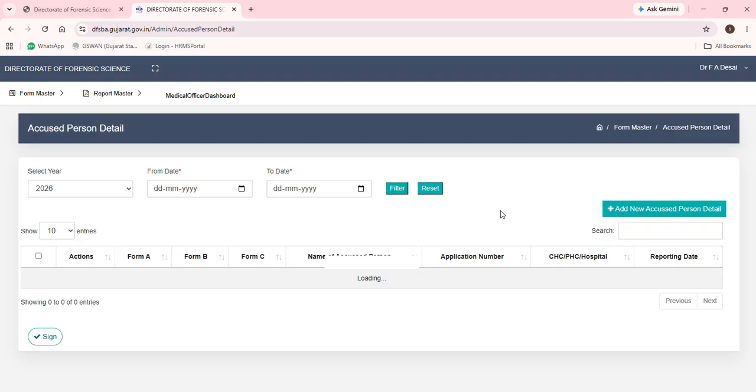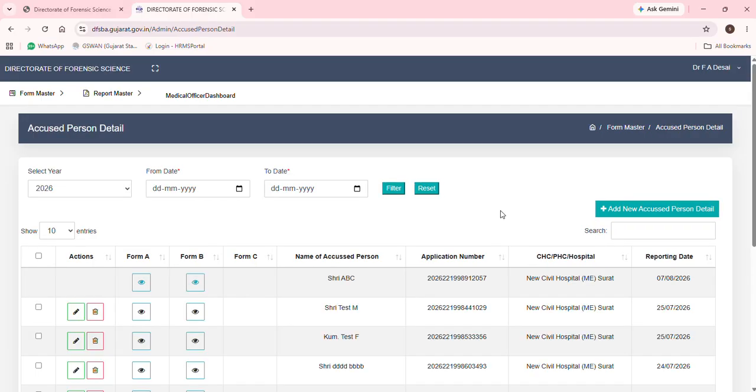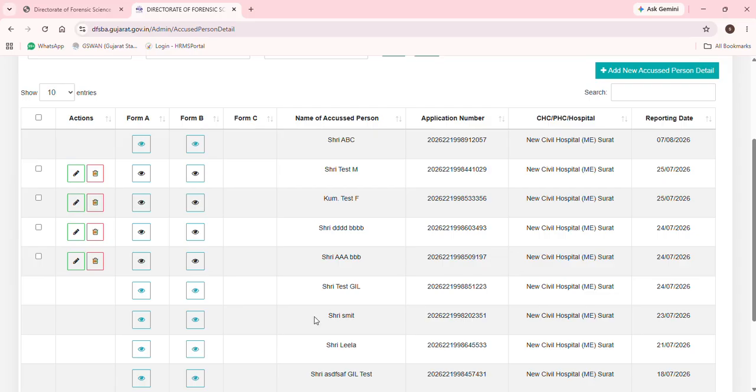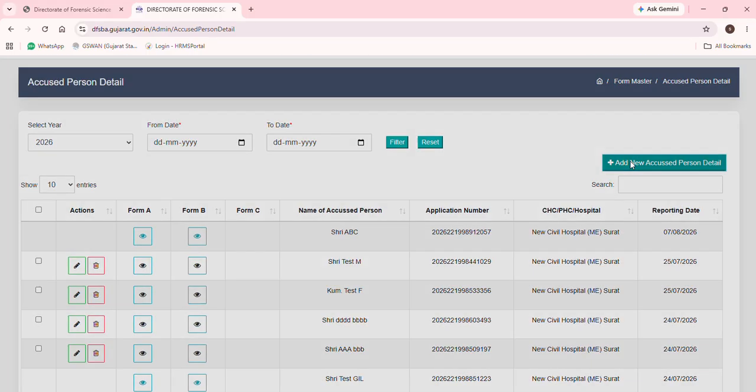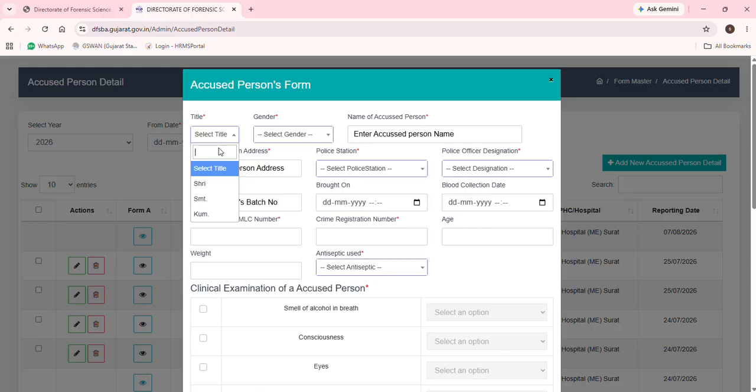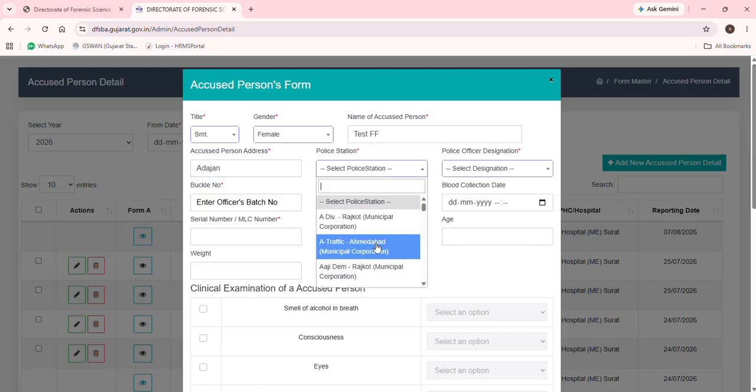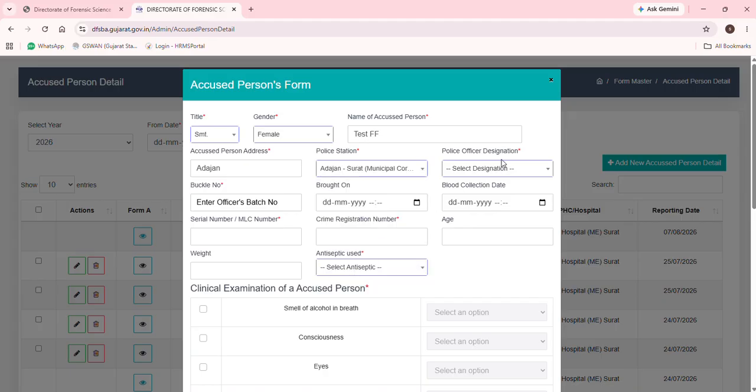details. Here in the accused entry detail section, you can see all the previous accused you have already entered. If any new accused has been brought in, you can just press add new accused person detail. Here you need to enter details like title, gender, name of that person, his or her address in very short, from which police station he was brought in, which police officer has brought him to you,